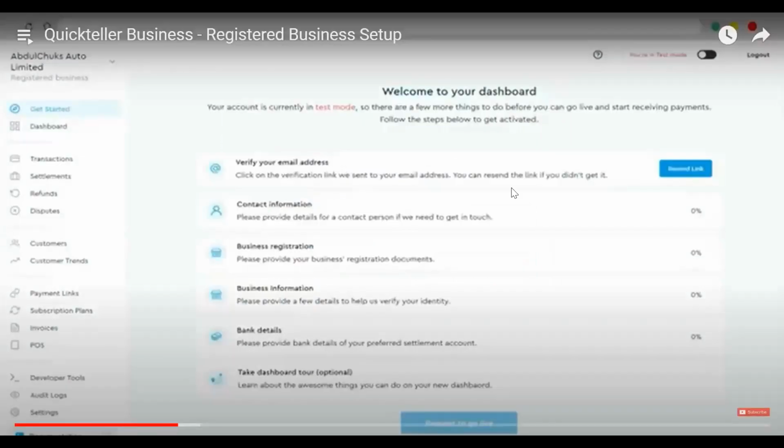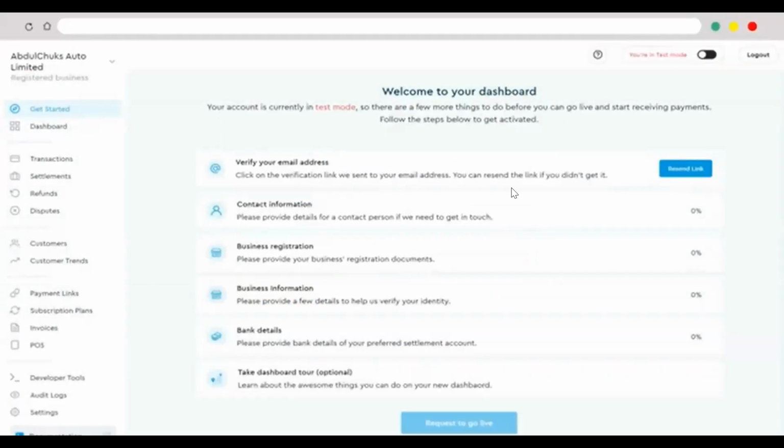Your QuickTeller Business dashboard is ready. Before you start any transaction on your account, you will have to activate it to go live. Please note that the requirement for your account activation